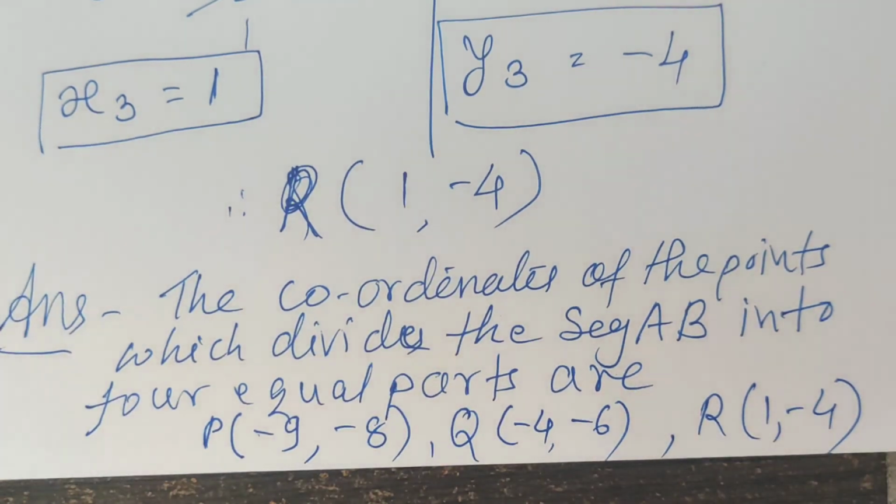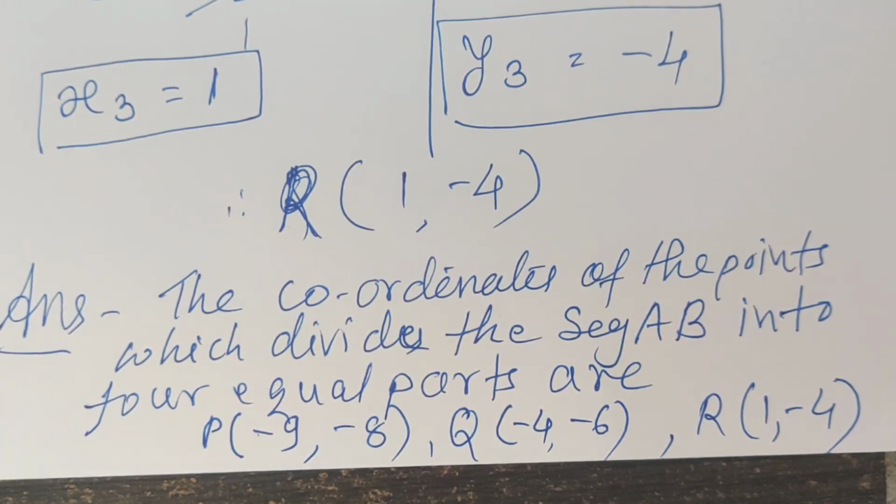So this way we can solve the example, which is like this. Here they asked you to find out the coordinates of the points which divide the segment into 3 parts or 4 parts or 5 parts. Then this way we have to think about the gap or the parts. According to that you will decide to use the section formula or midpoint formula. So yesterday I showed you about the trisection.